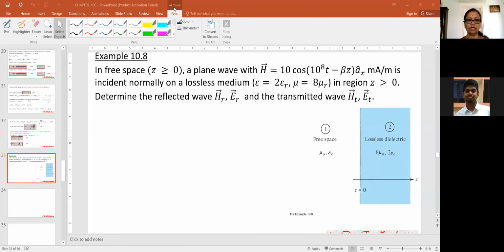Yesterday I had taught you the theory where you have two media, one and two. You had the constitutive parameters of the two media given to you, and we were talking about normal incidence. An EM wave is incident normally, meaning making 90 degrees with the interface, and part of it gets reflected, part of it gets transmitted. That's what we have seen when both medium 1 and 2 are pure dielectrics.